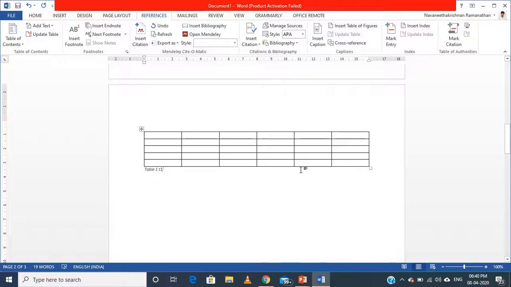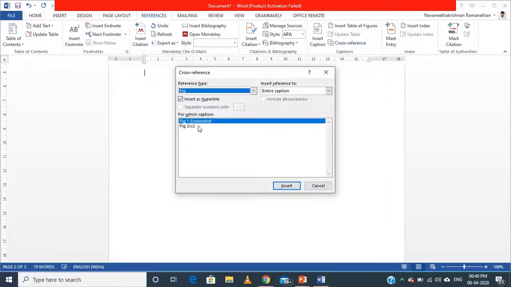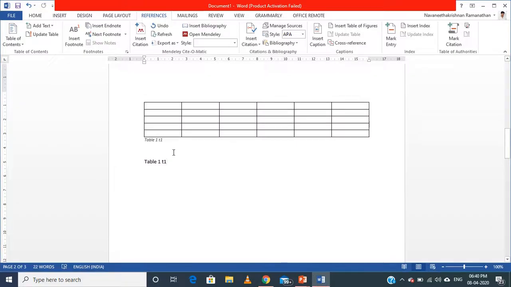It will be automatically numbered and labeled. Wherever you want to refer to that table, you can go to cross-reference. This time you are using a table, so go to Table and insert. You can cross-reference as many tables as you have included.